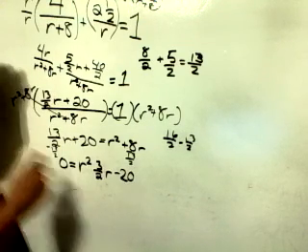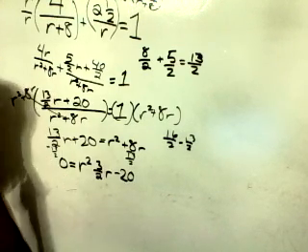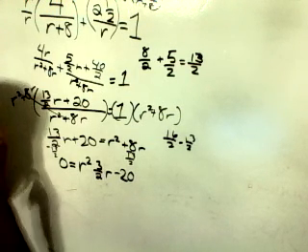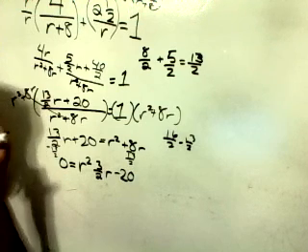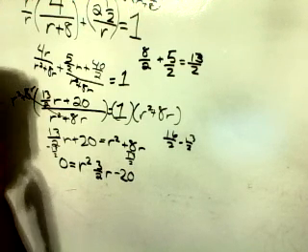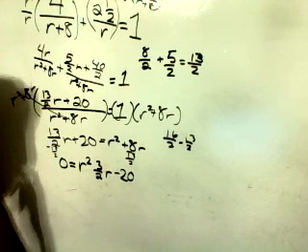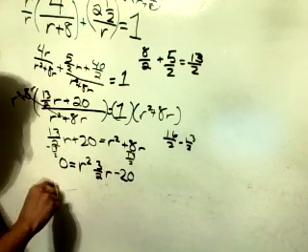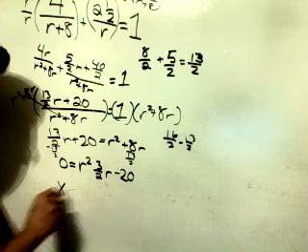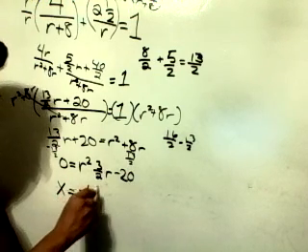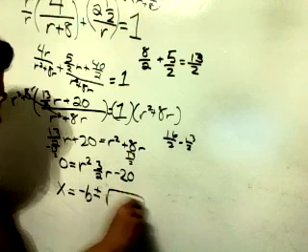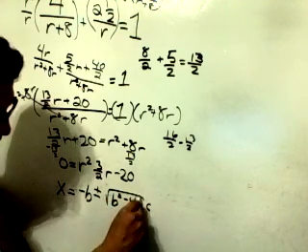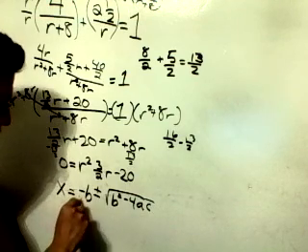Now when you have a polynomial like this, you could try to factor it if you can. In this case, I don't think we'll be able to factor it. There's nothing that comes to mind. So what you would have to do is use the quadratic equation, which is x equals negative b plus or minus the square root b squared minus 4ac all over